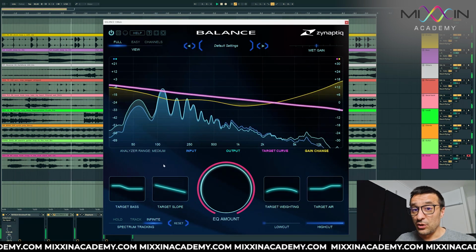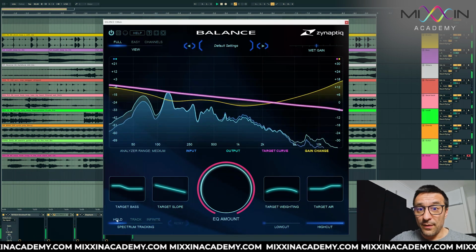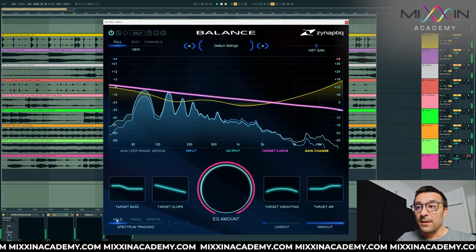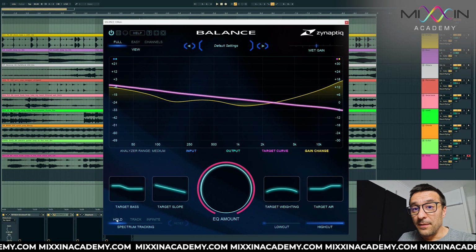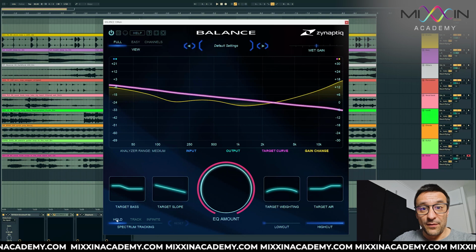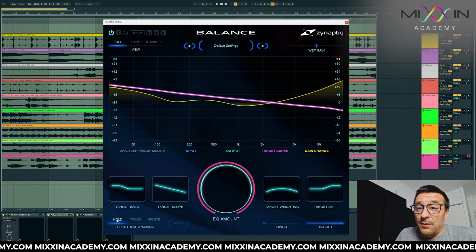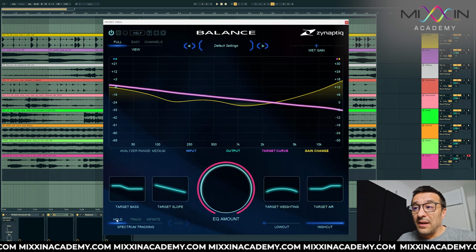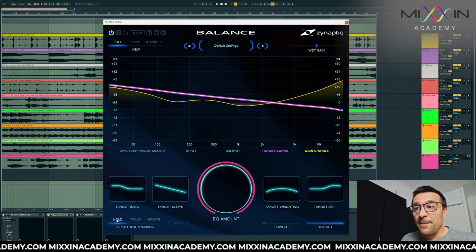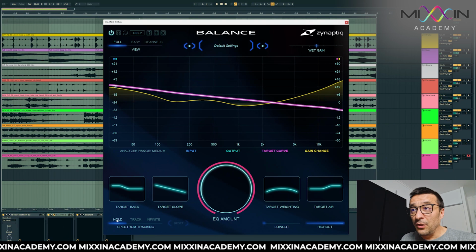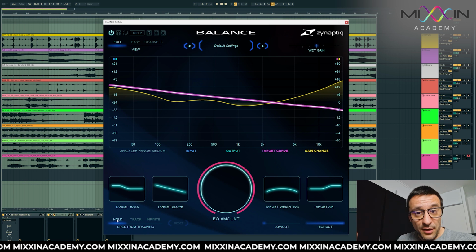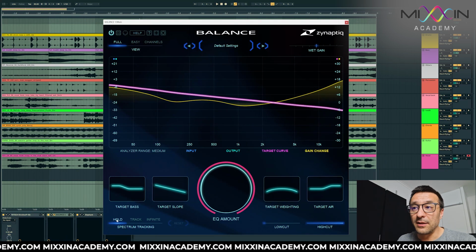so when I switch to hold, it's going to hold whatever resulting adjustment curve it got to get my signal to whatever I specified, with all of these parameters. So as I said, what's good about that is this is not like your standard EQ where saving a preset doesn't really do anything. You could save a preset of this target curve, and just apply it to whatever kind of